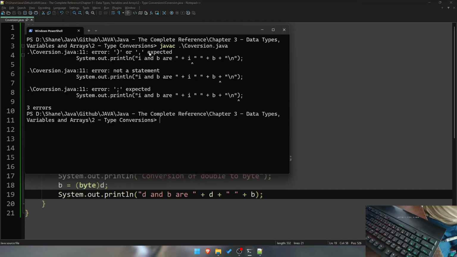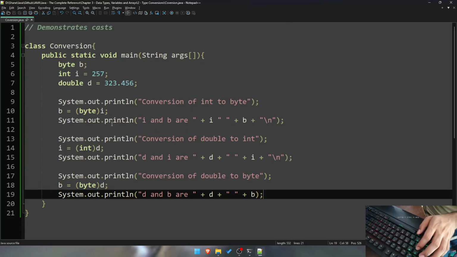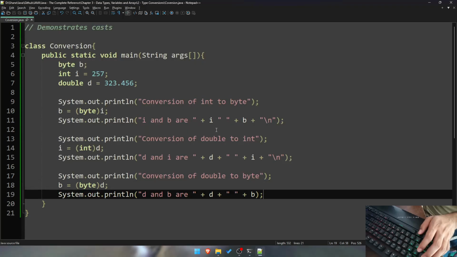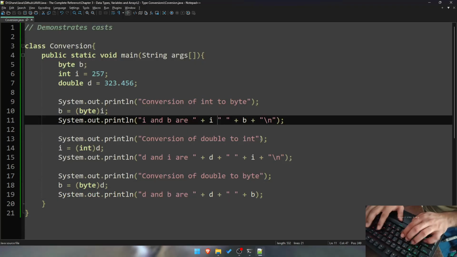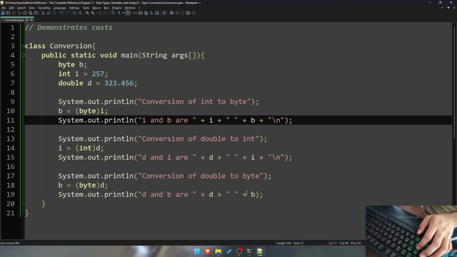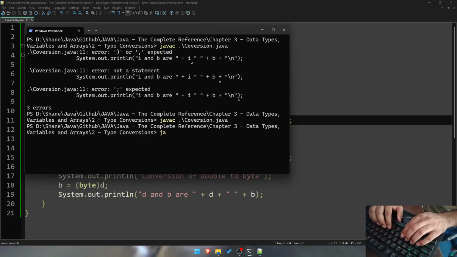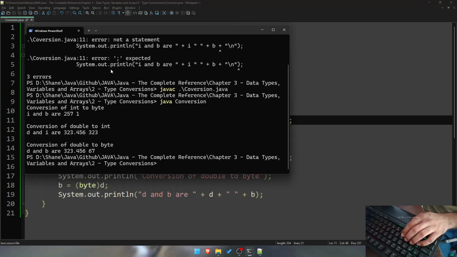Okay. Java 11. Print line. Statement plus. Oh, okay, I forgot the plus. Did I forget the plus anywhere else? I don't think so. That's all there is to it. Java conversion. Okay, so it is 1, 63, and 67. Okay, so